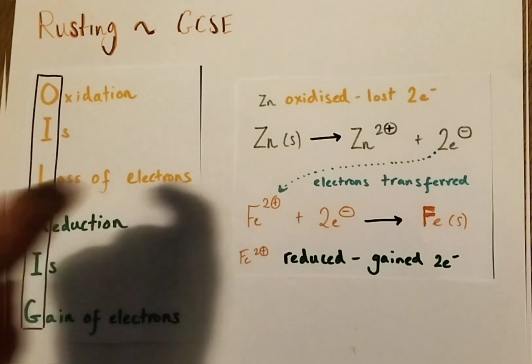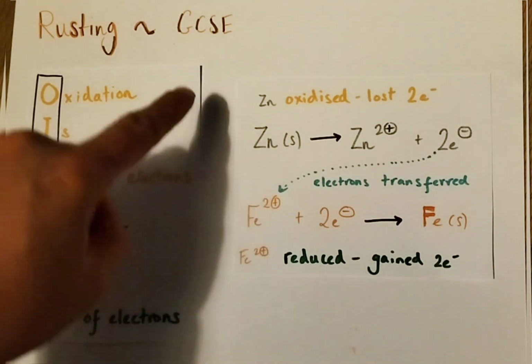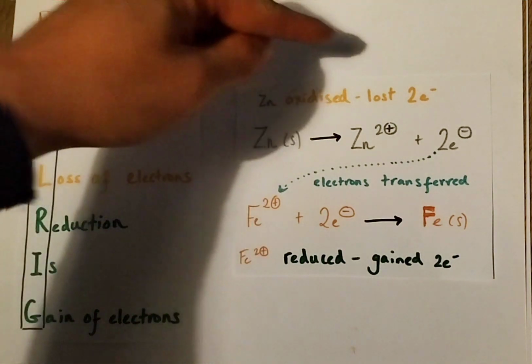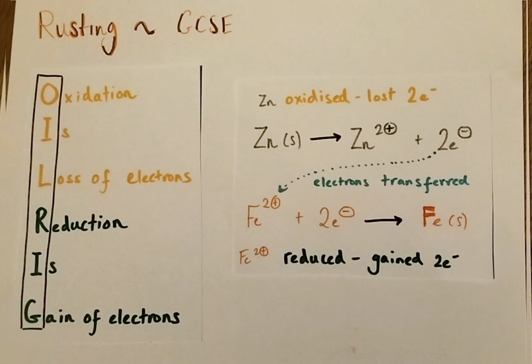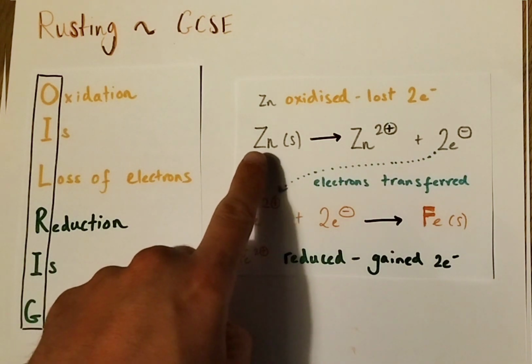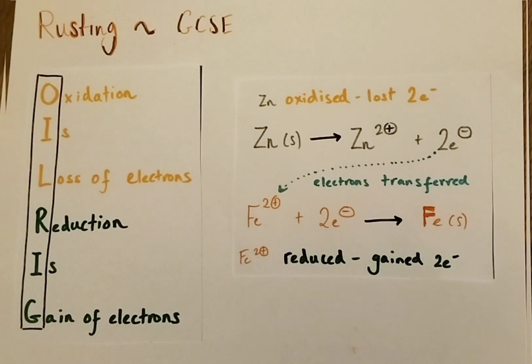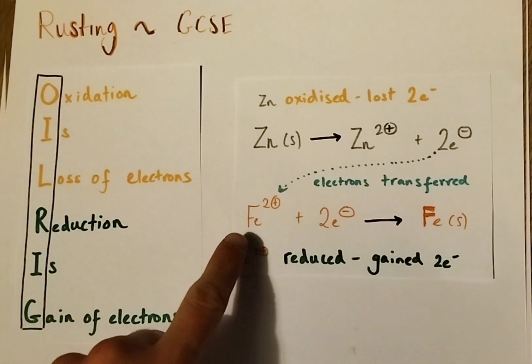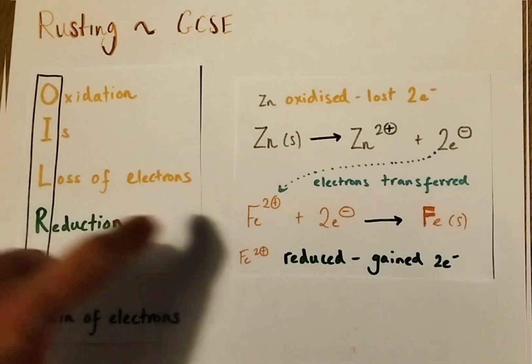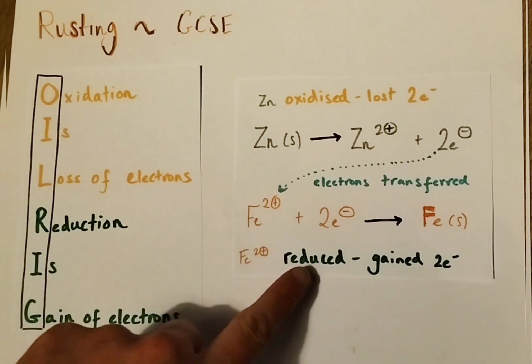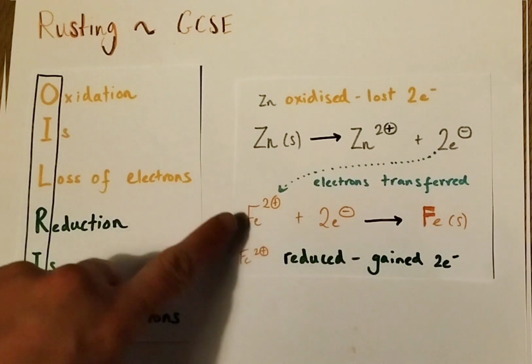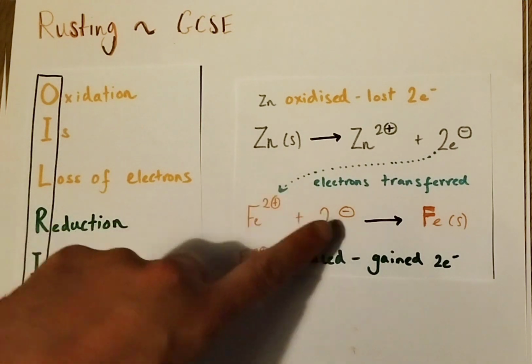So the zinc metal, which is more reactive, is being oxidized because it's losing 2 electrons as part of that oxidation reaction. So zinc atoms are becoming zinc ions and they're losing 2 electrons. Now those electrons are actively being transferred to any iron ions that are being formed in the rusting process. Those iron ions are being reduced as they're gaining 2 electrons: Fe2+ plus 2 electrons